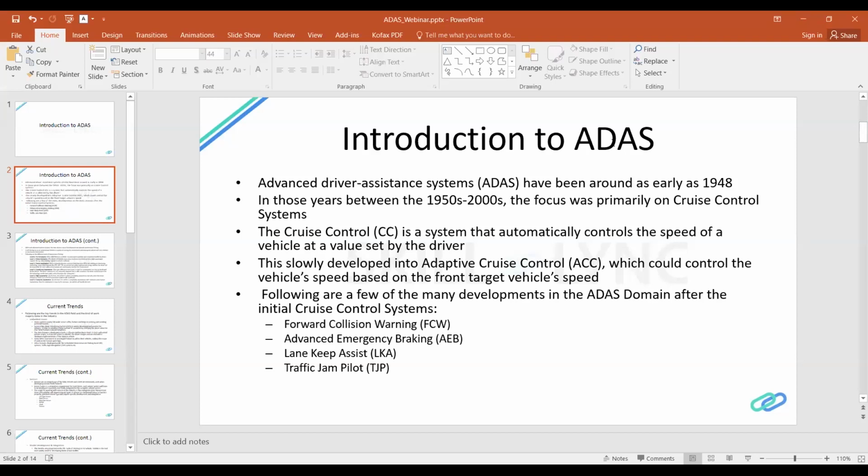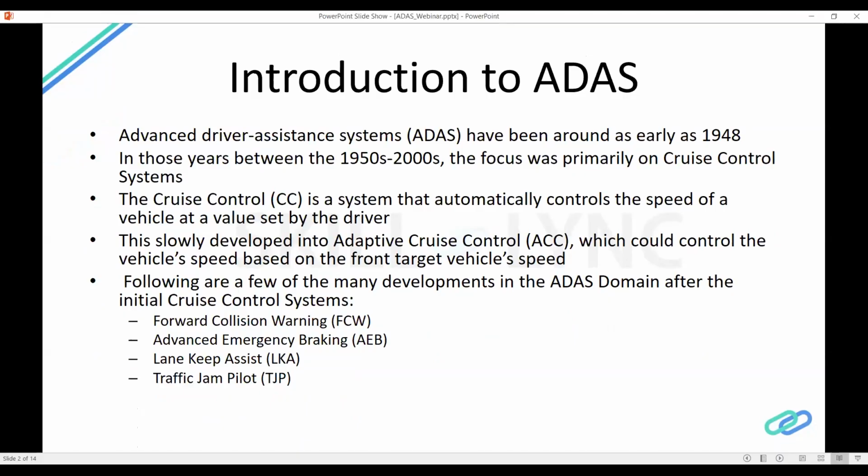So first, let's say you have an assistance level of, on a scale of 1 to 5, you are assisted on a level of 3. And now when adaptive cruise control comes in, you're assisted on a level of 5 itself. Then again, so now the comfort level, the support level for the driver has increased one step. In cruise control, the driver could only relax when there is no obstacle or target vehicle. But now the driver can relax even if there is an obstacle or target vehicle, because your vehicle, and by